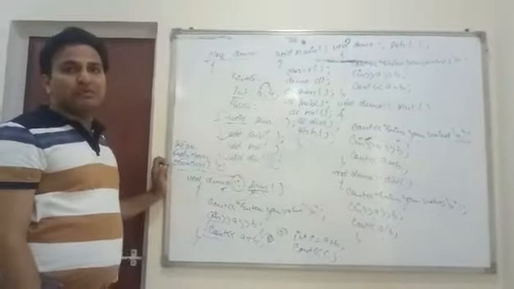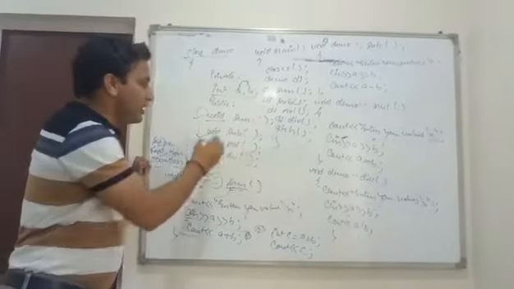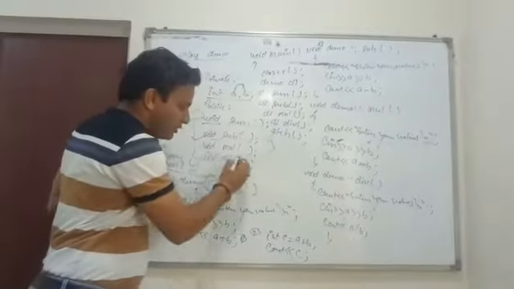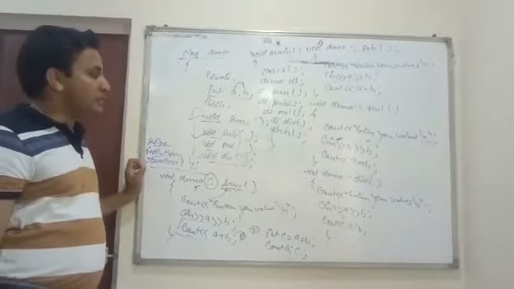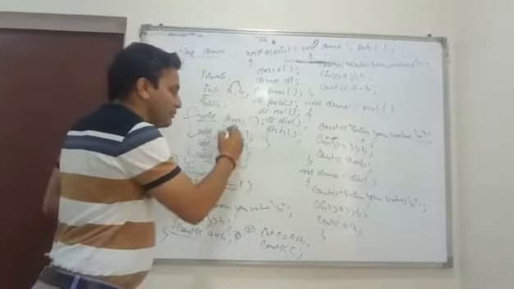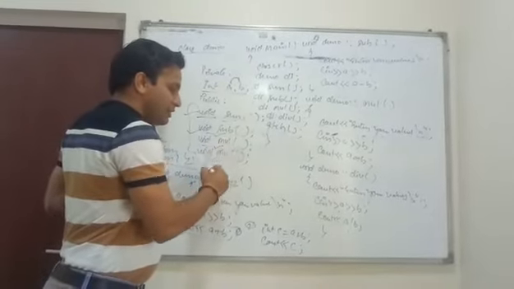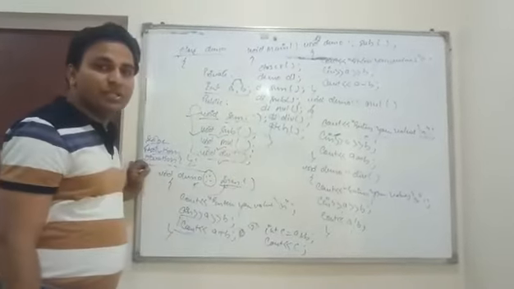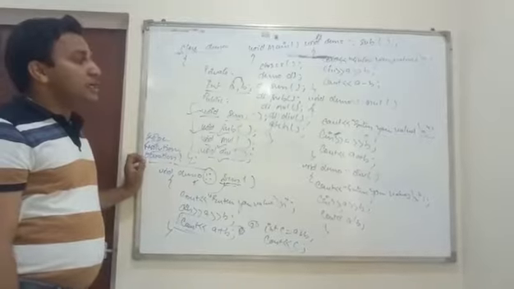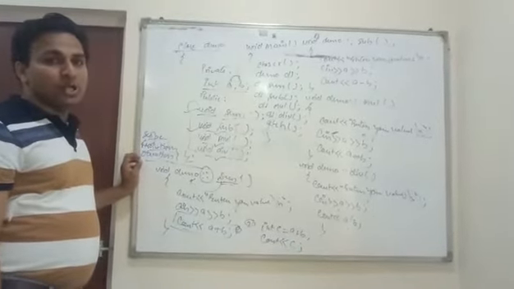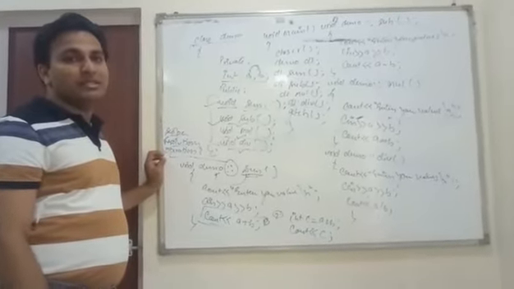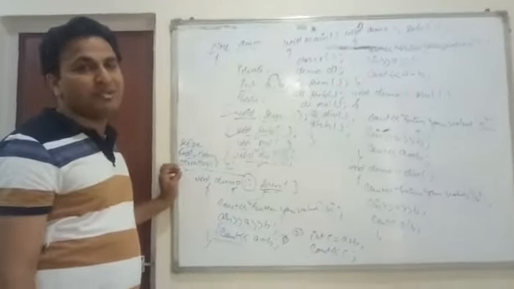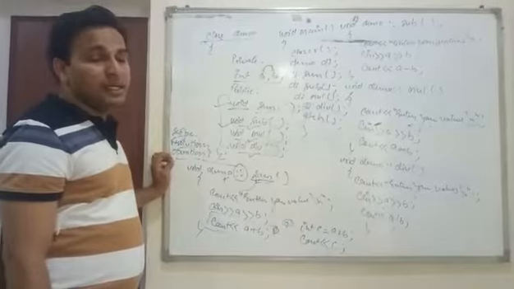This is a complete program to execute our four different functions to calculate the four different arithmetic operations. That is sum of two numbers, subtraction of two numbers, multiplication of two numbers, and division of two numbers. You can execute this program through any IDE, whether it is Turbo C, Visual Studio C++, or any other IDE.